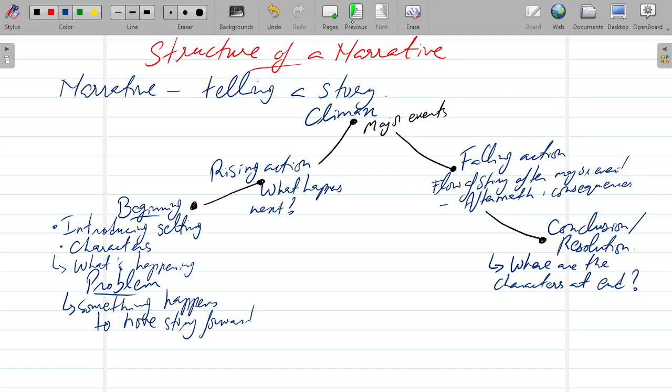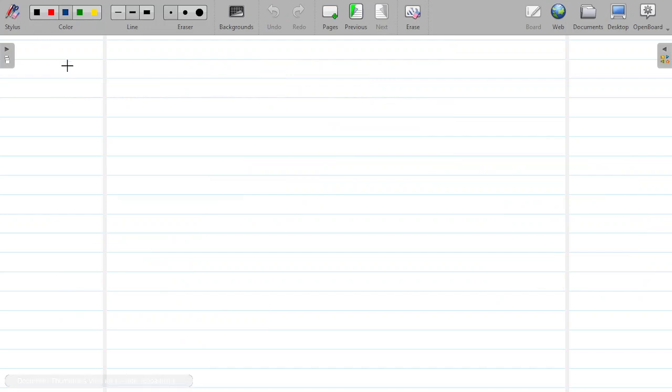Now, a narrative is written in the past, so you will write it in past tense. There's no debating that. I mean, there are instances, if you are really good at it, you can write in the present tense, but that's only if you know what you're doing. So I would not recommend it for everyone. So written in past tense,